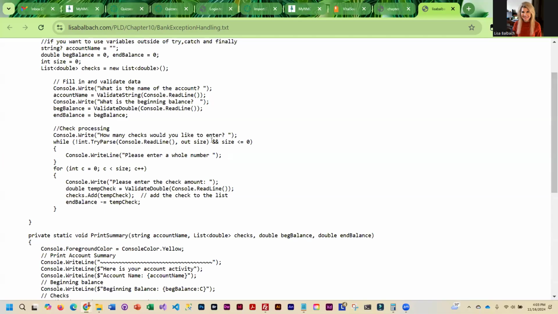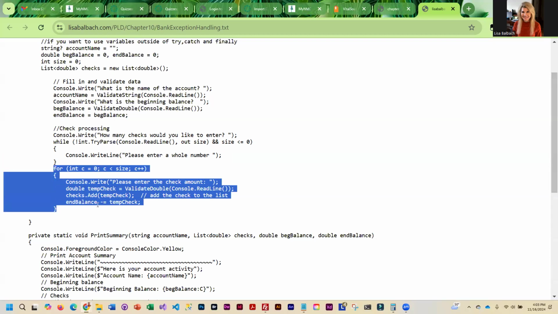And we are making sure that it's an integer and that it is not less than or equal to 0. Okay. And so once we figure out how many they want to enter, we have a little for loop that will process all of those checks. And so we have enter the check amount,